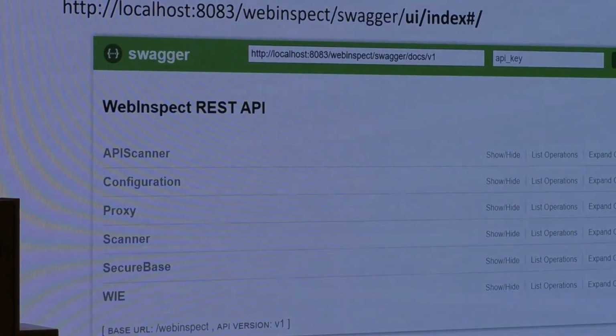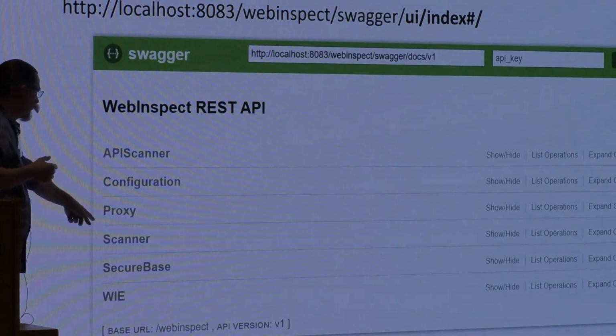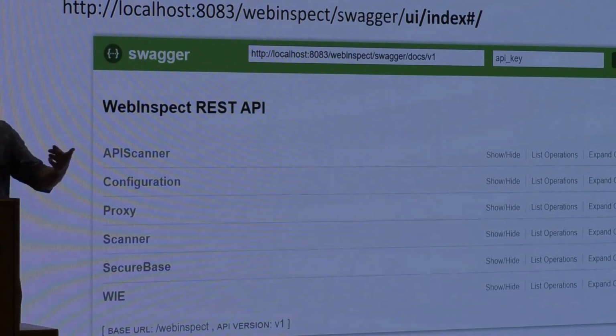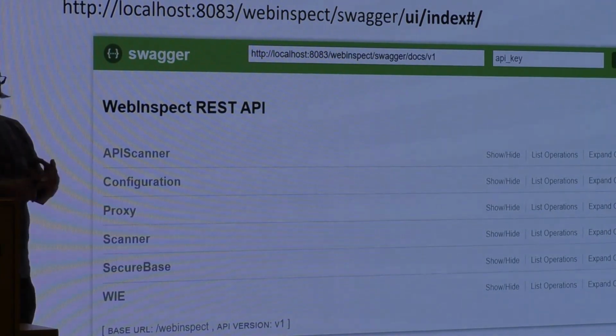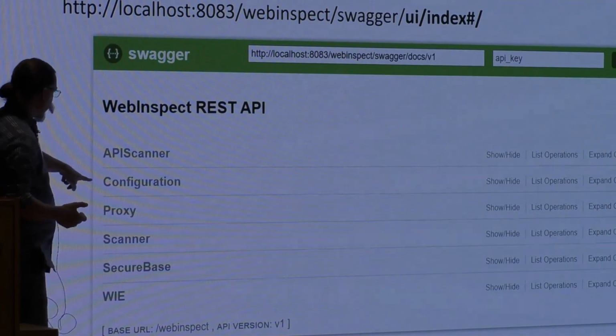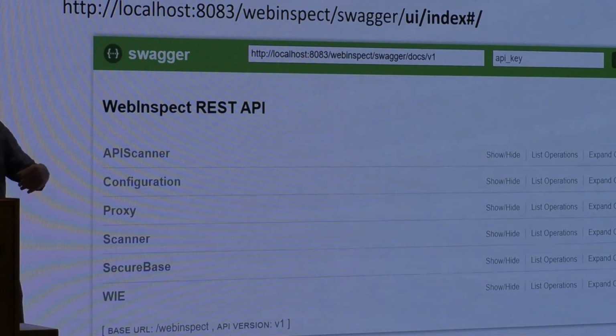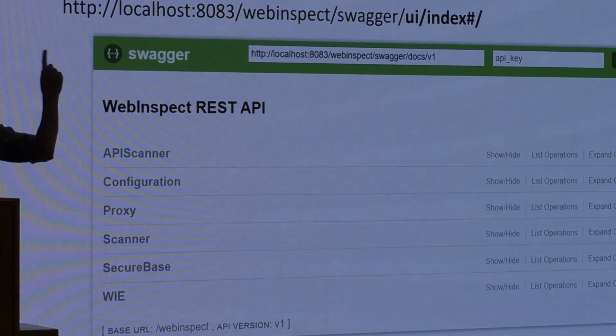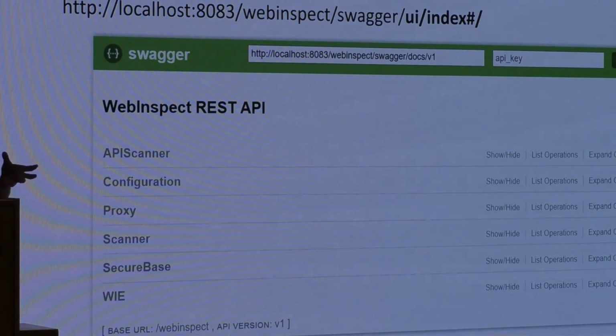It has a couple collections of endpoints. The primary one for me is usually a scanner. Start a scan, halt a scan, check the status of my scan, things of that nature. Proxy is cool because sometimes you don't want to scan the entire website. Sometimes you only want to scan a portion of it. And the way most scanner tools will work is they prefer to take a proxy capture and use that to drive them. So they don't crawl the entire website. They just go after the one area you were interested in.